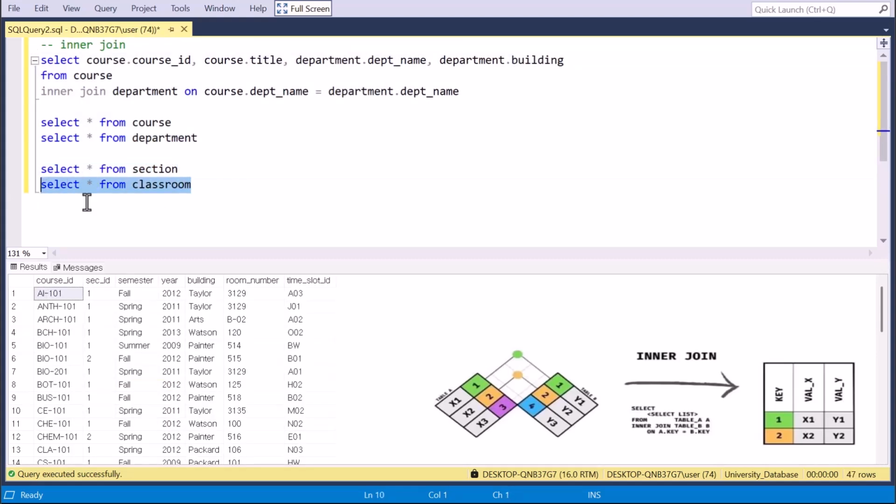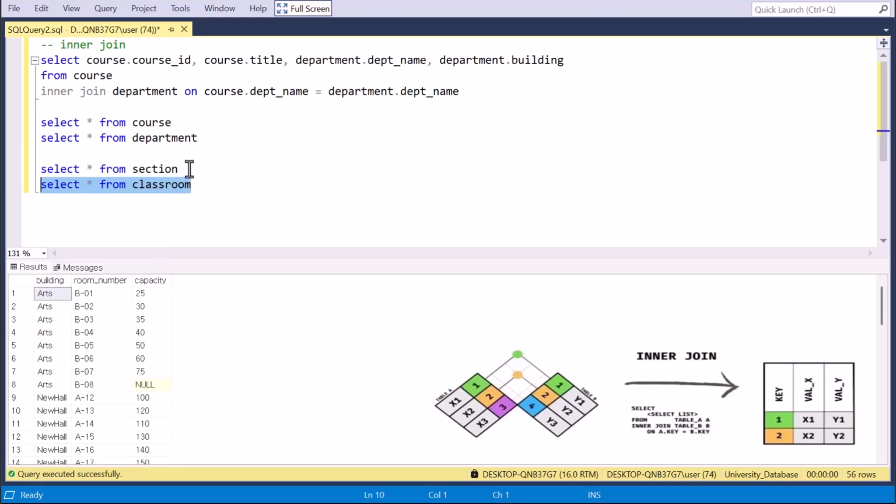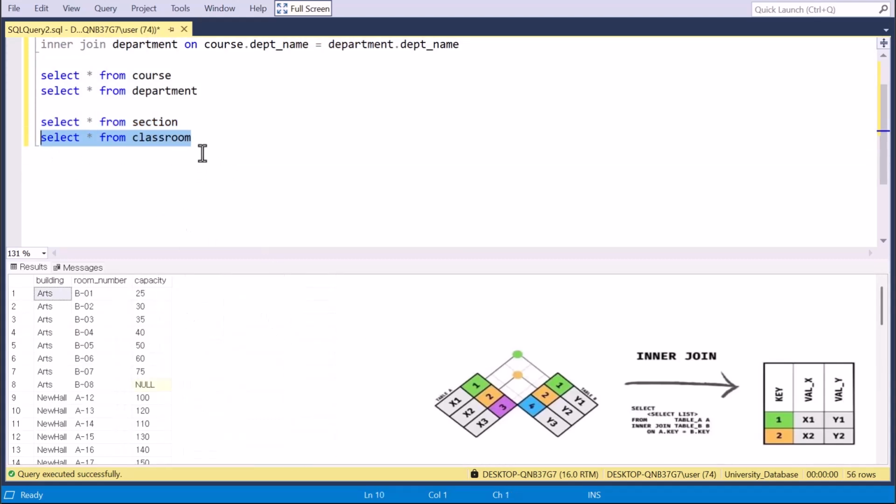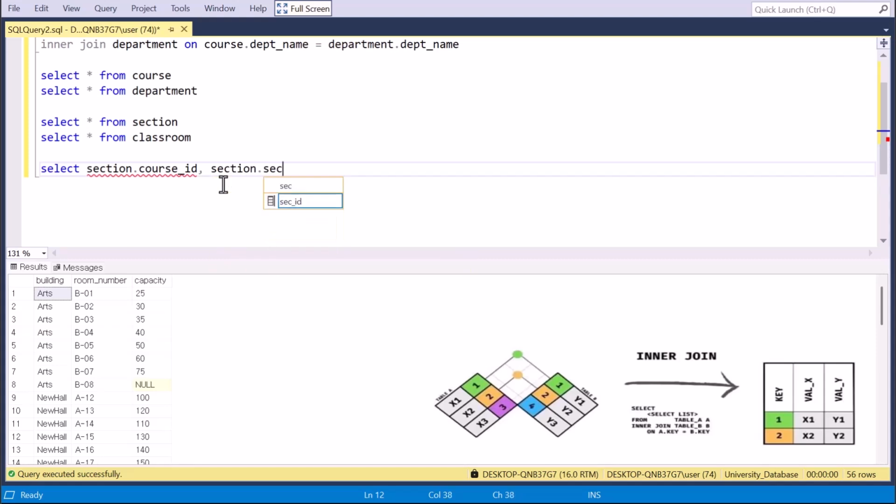And I want to also get some information about the classroom, right? So the output of this one will be sections that are assigned to a valid classroom. And I want to show course details along with classroom capacity, right? So you can see here, capacity is not here, but capacity is here, okay? So in order to do that, we go for an inner join, select section dot course ID, section dot section